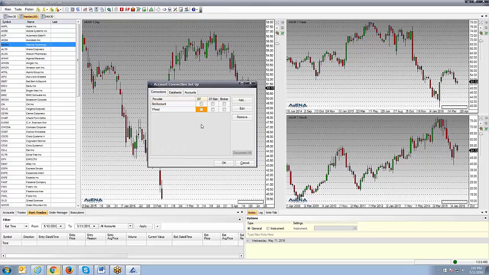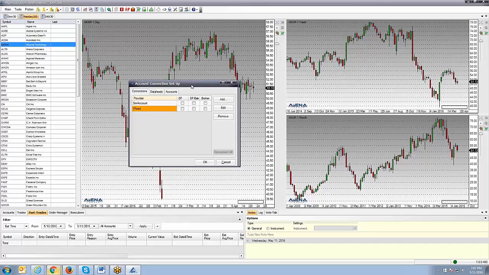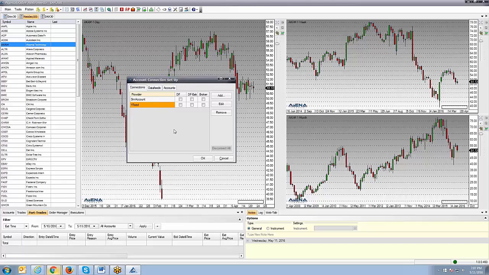And now you can see the two default data feeds that come included already built within AgenaTrader. So you can see the SIM account, and I believe that's a Yahoo feed specific for stocks. We're not going to be trading stocks, so we're going to build a connection specific for futures using the CQG data feed. So we're going to hit the Add button,